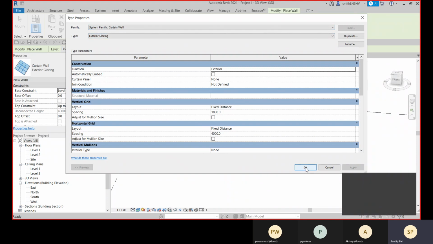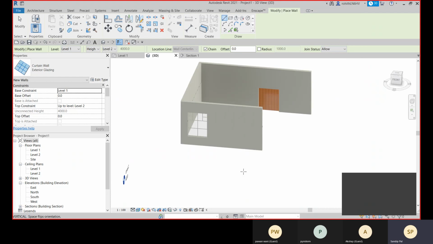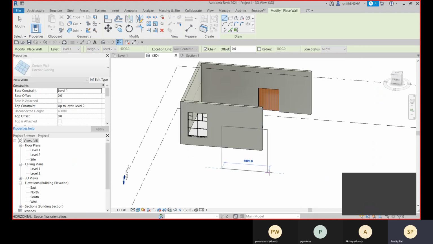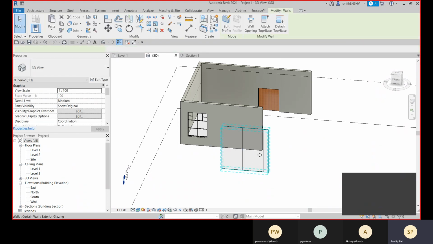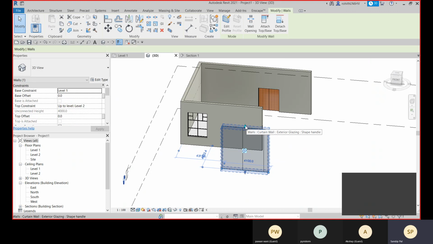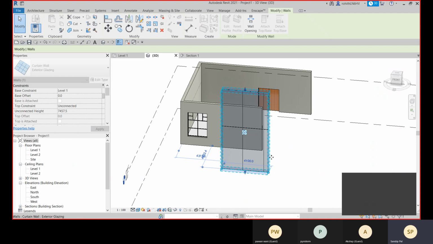Now let me show you the default, and let me place it outside. Here you can see that I am having this grids. Okay, if you need to change, so right now this top constant that is set to level 2, now I can change it, as because this is unconnected, I can change the height.